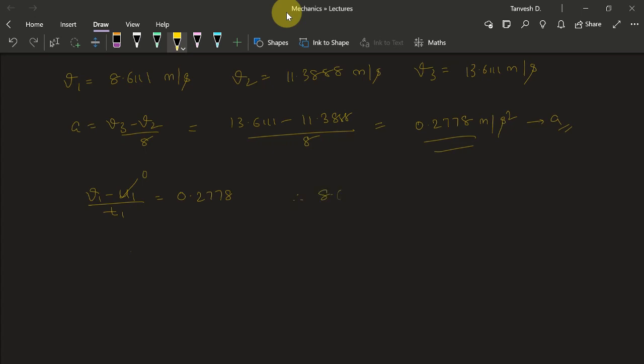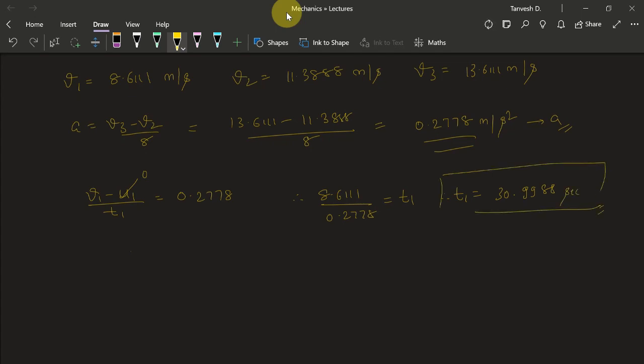Therefore 8.6111 upon 0.2778 is equal to t1. Therefore t1 is equal to 30.9988 seconds. t1 is 30.9988 seconds,